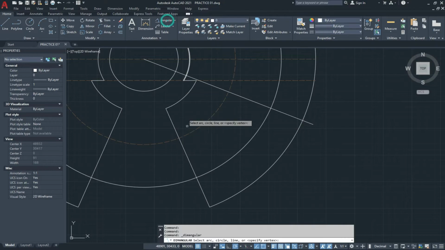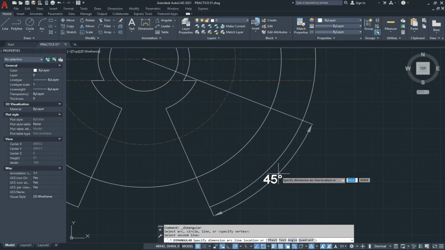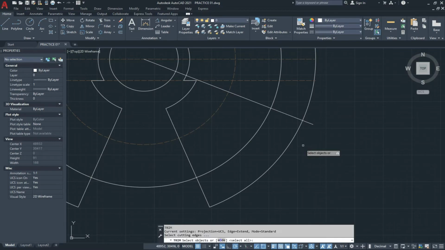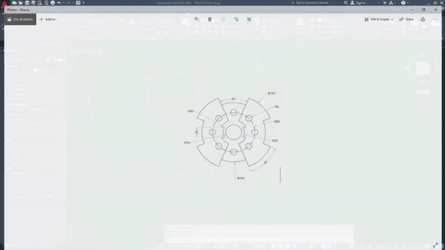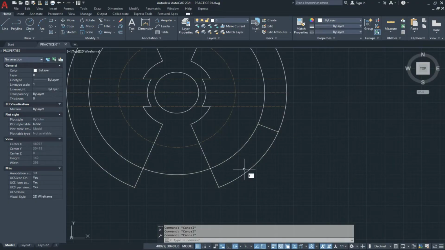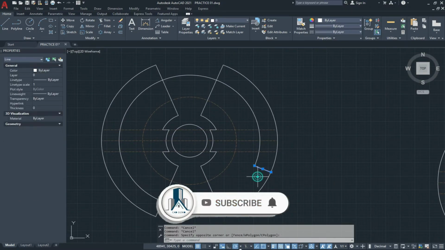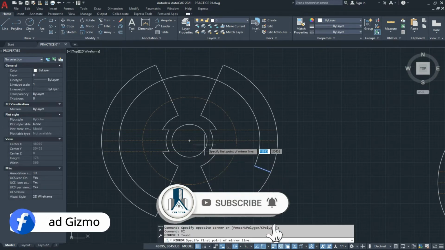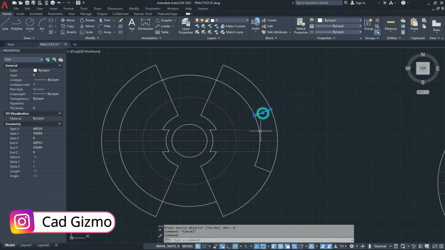If I check the angle, it is 45 degrees. We trim the extra lines and delete them. And we need to trim here and mirror it like this.